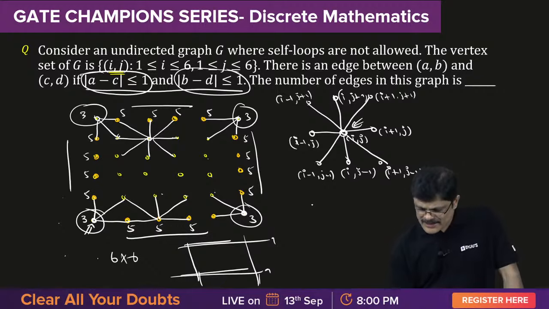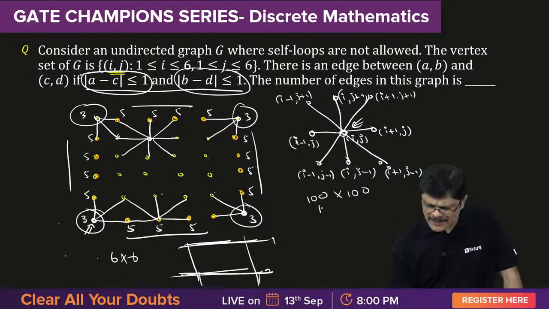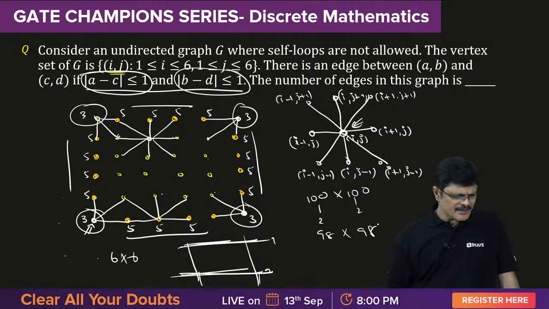See, total 100 rows and 100 columns are there, no? You remove two rows, so minus 2, which is 98. You remove two columns, 100 minus 2, 98. It's not like that,